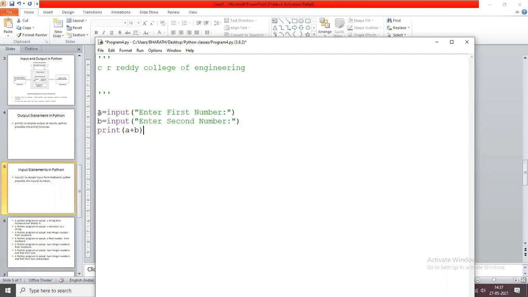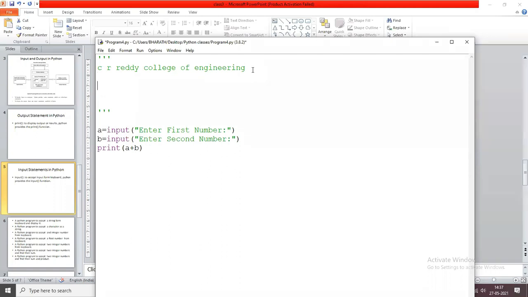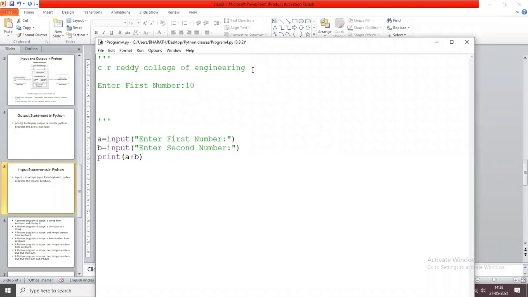So what is the expected output? It displays a message, enter first number, and the cursor is waiting there. Now I enter 10 and press enter. Next it displays another message, enter second number.